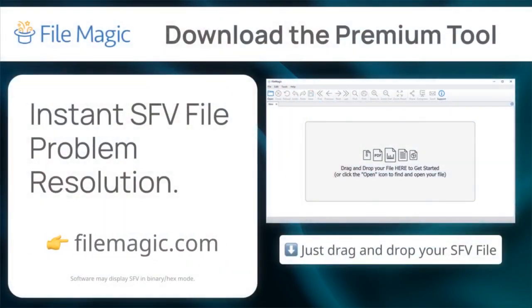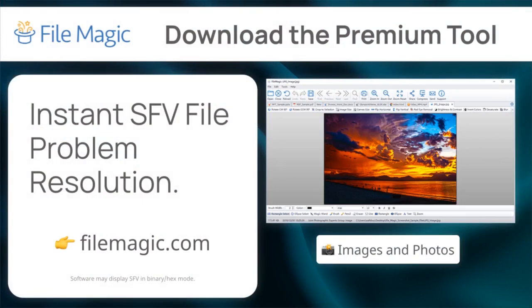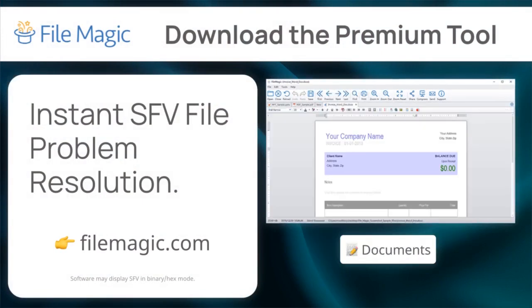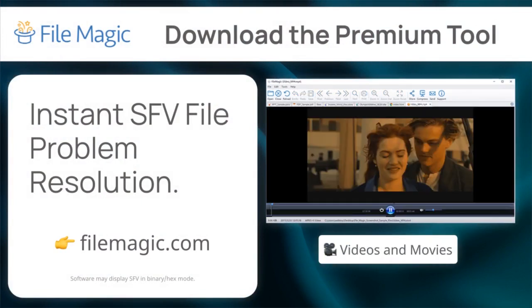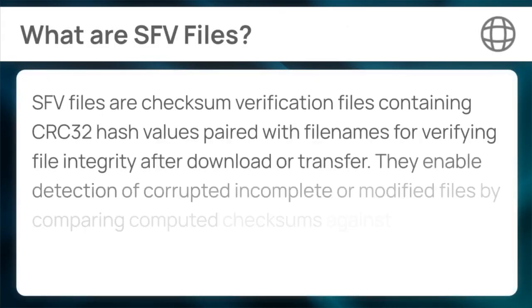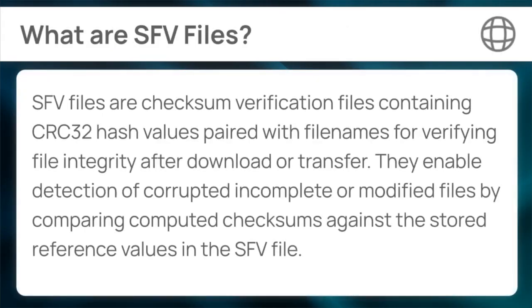Preventative action: I strongly suggest keeping a universal file reader on standby. It often gives you access to the contents even when the SFV format fails. More on this later. SFV files are checksum verification files containing CRC32 hash values paired with file names for verifying